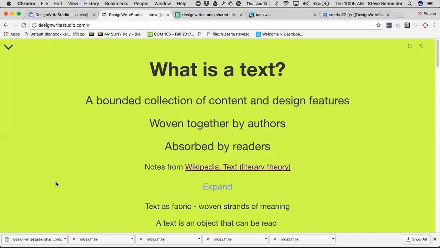Texts are woven together, and we'll see where that word woven comes from. It comes from the notion of fabric. The original notion of the word text comes from this word called textum, T-E-X-T-U-M, and you'll see that below in the slide, meaning